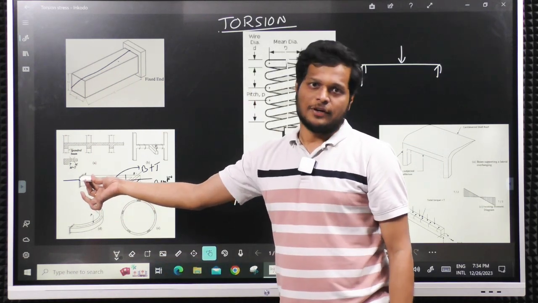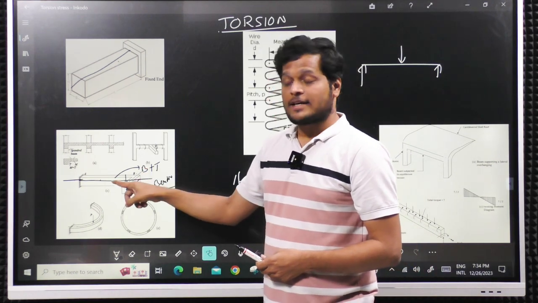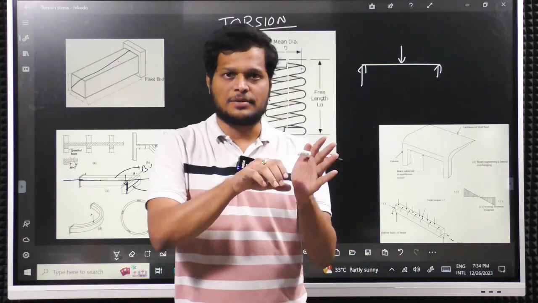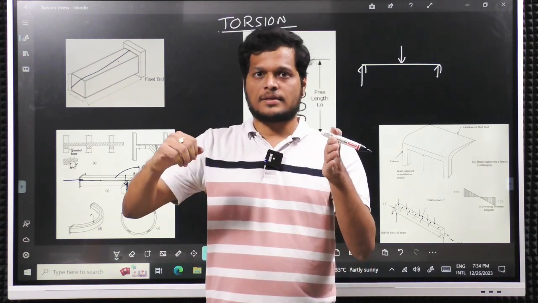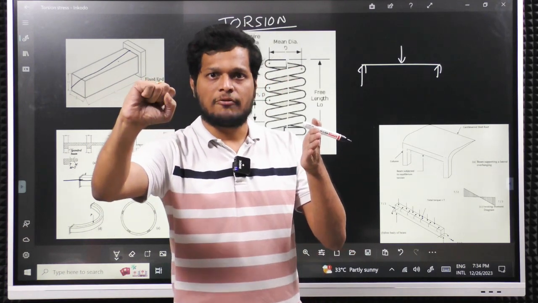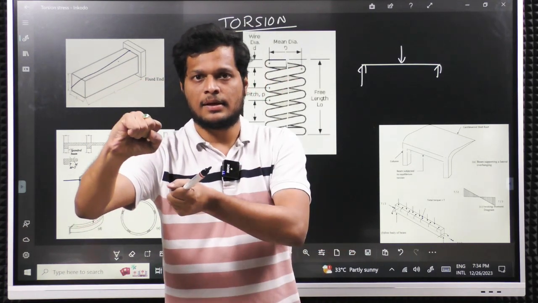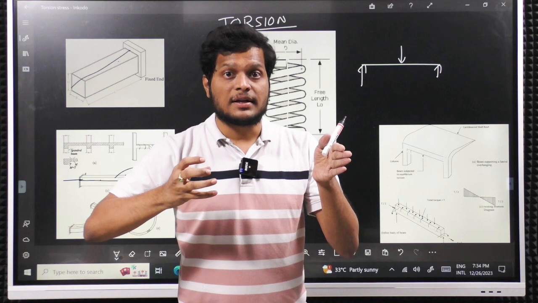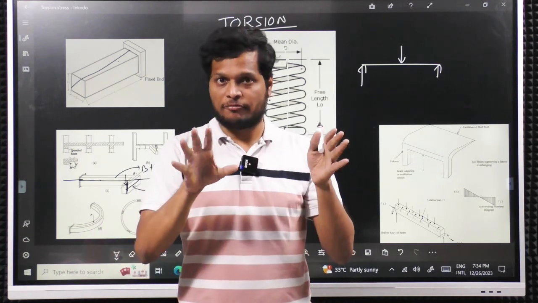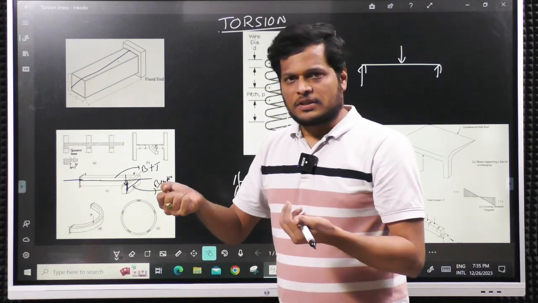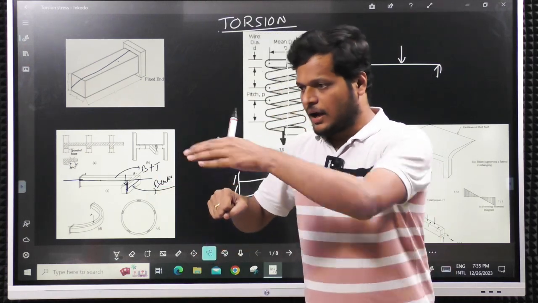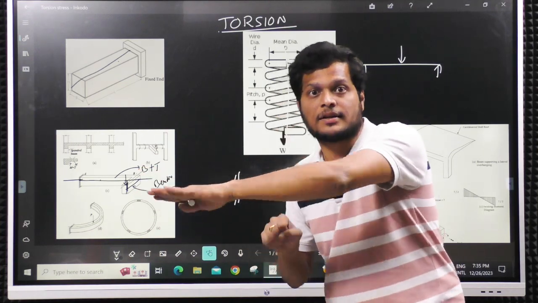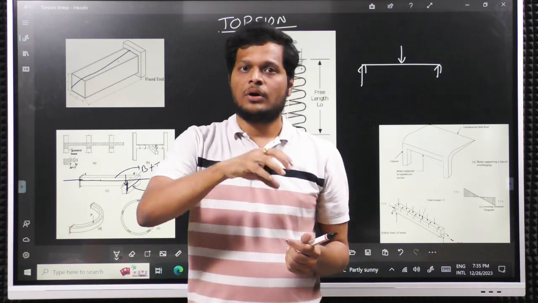So it is eccentric about the x-axis and eccentric about the z-axis as well. If you want to feel this, imagine there is a rod like this, and another rod like this. If I apply a load like this, this will simply bend, but for this it will get twisted and bent. You can feel it, right? This is just like a lever arm. So if you apply a load, obviously this will bend as well as twist. Because of this load, it will get twisted. So in this way, when you have a group of beams,